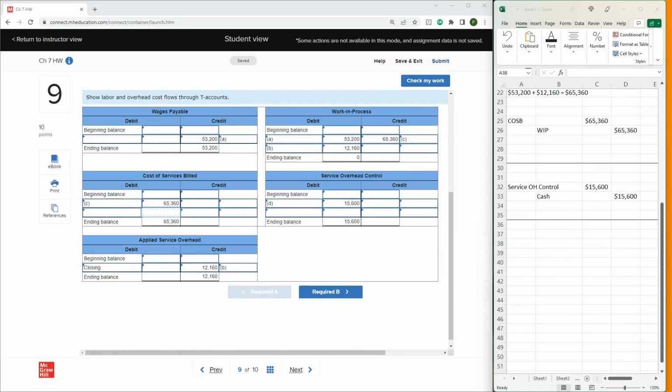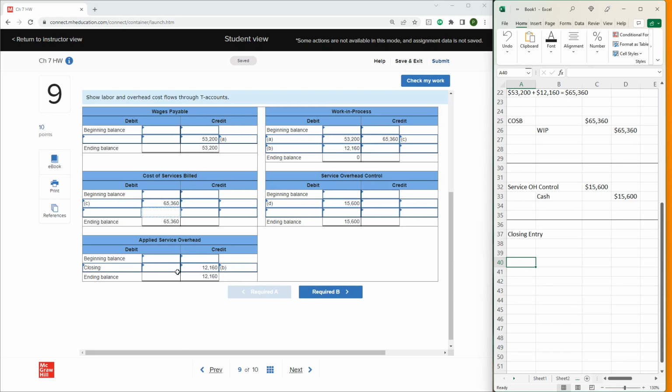So if we're going to close out that account, we're going to have to credit that amount. And then the opposite goes for the applied service overhead account. It has a natural credit balance, so we're going to have to do a debit in order to close it out. So let's debit applied service overhead for $12,160, and we'll credit service overhead control